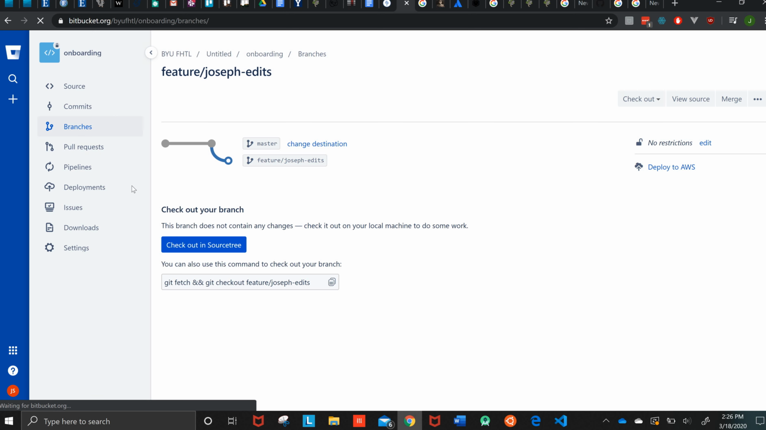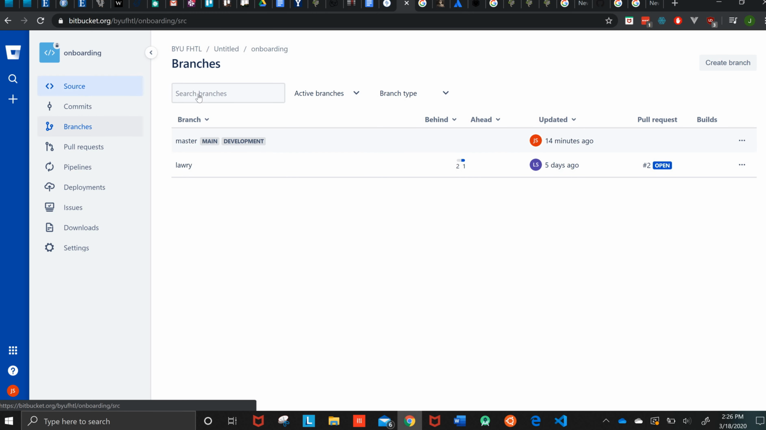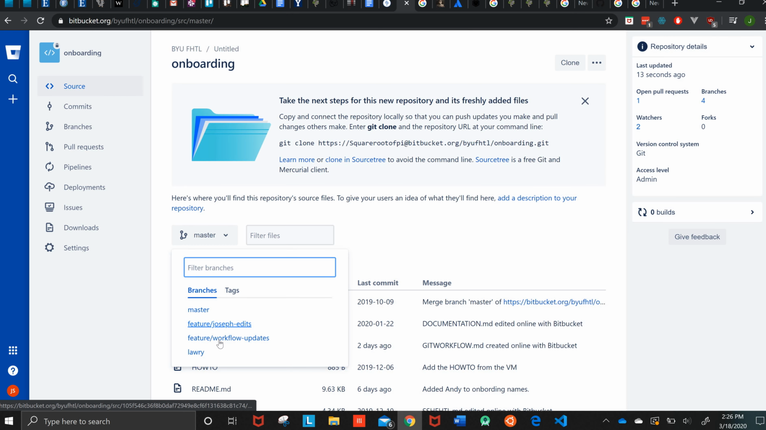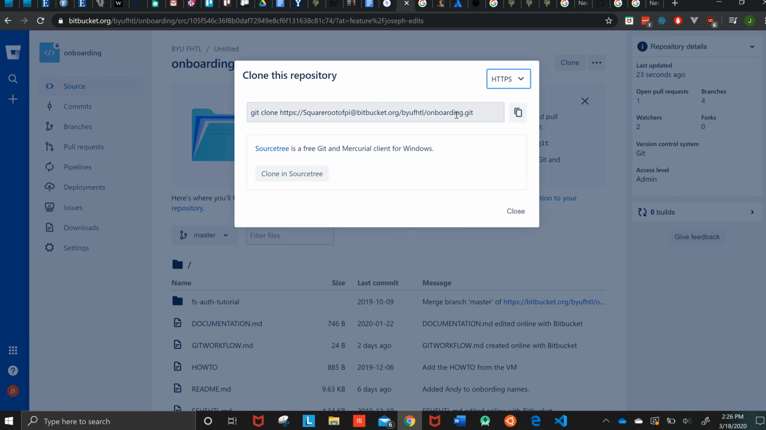Now when I click branches, it doesn't show up right here, but I'll go to source and you should be able to see it in here. You see there's a workflow updates, there's Joseph Edit. So I'm going to go to this branch right here. It doesn't really matter which branch you go to, but once you have this, you're going to go to clone,